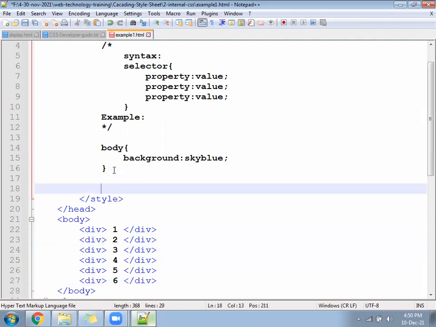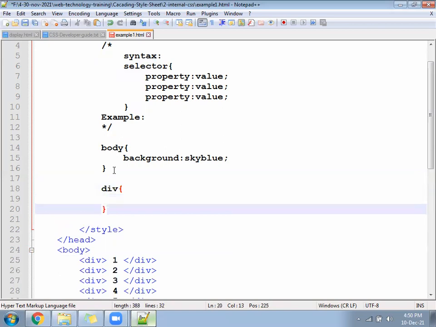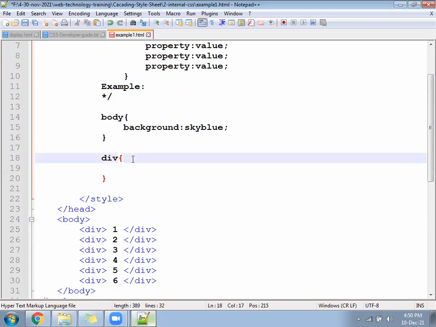Now come down and write the CSS for div.